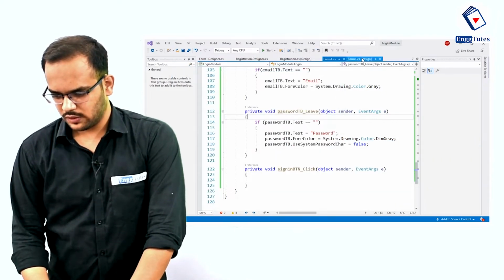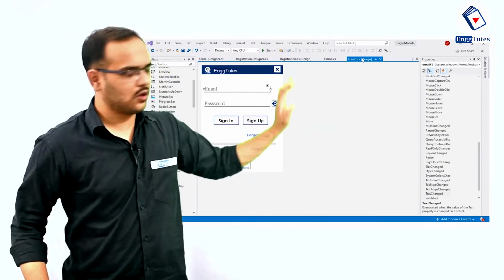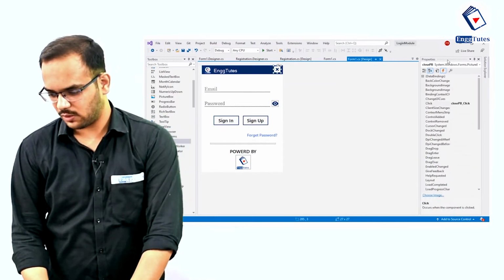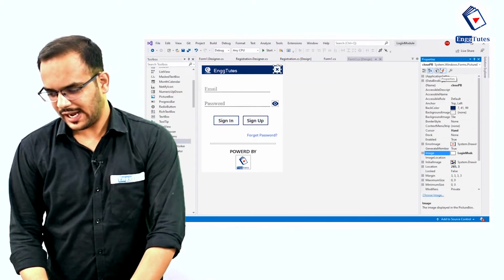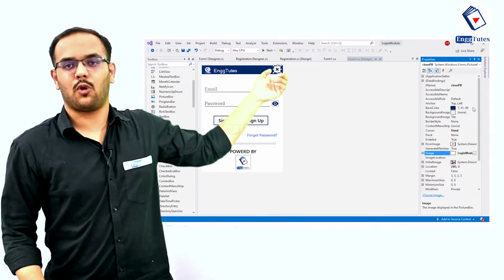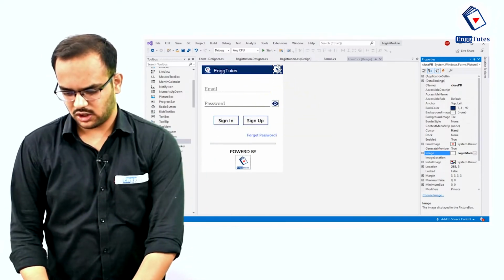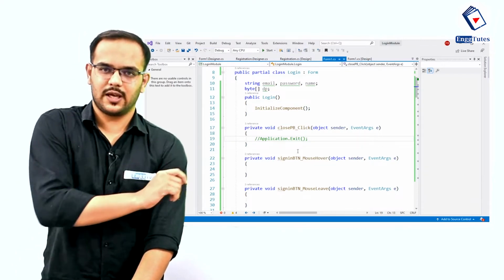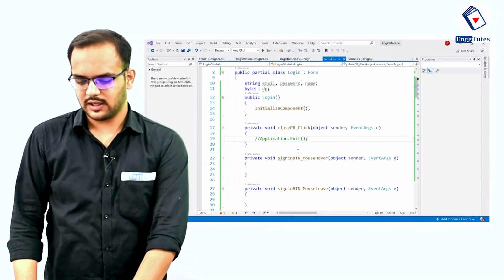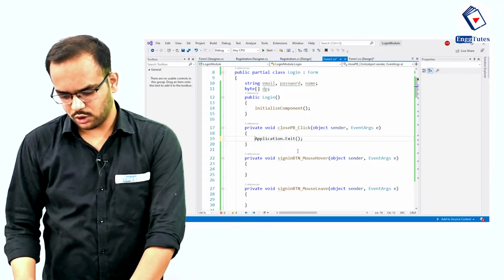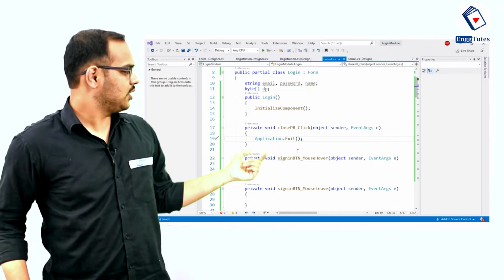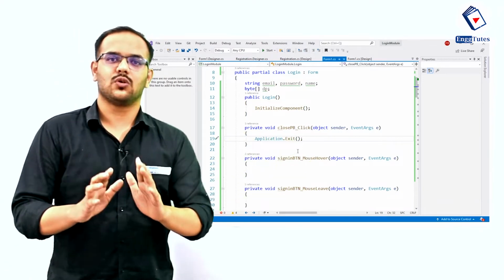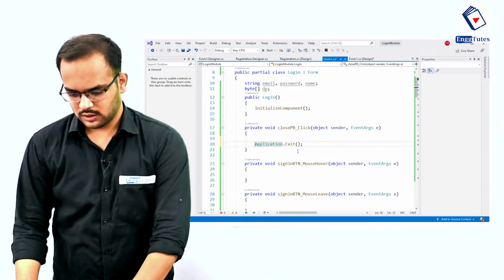so now our task is to write the code for this particular picture box. So before that, I have set the cursor property of this picture box to hand. Okay, now just click on it. So we will be in close PB, that is the name of that picture box that I have given. Click. Now this is the code to end the application. Application.exit. Okay, so now see this carefully.